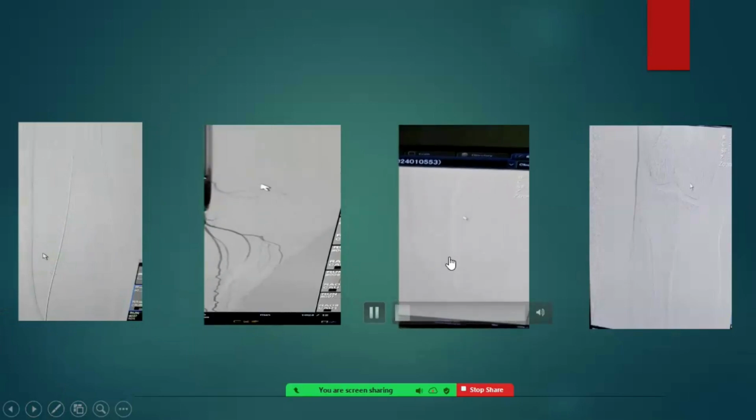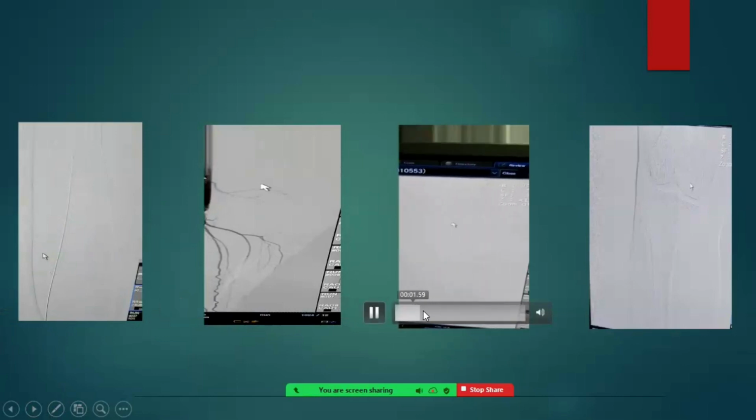After the thrombus formation, there was no flow in the